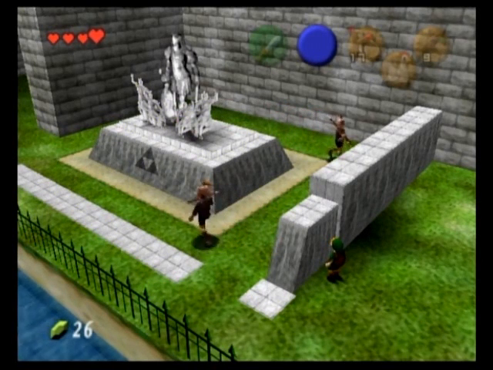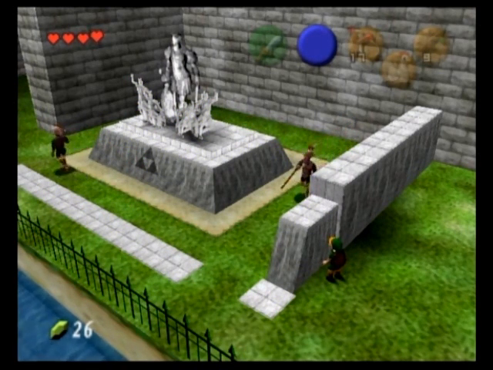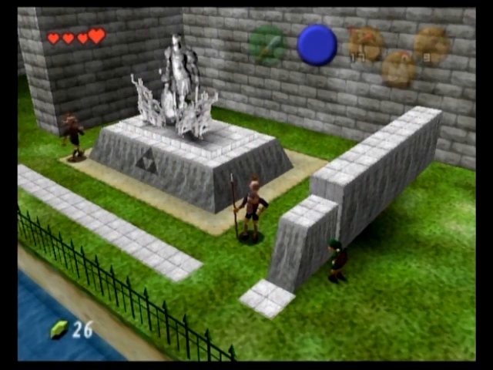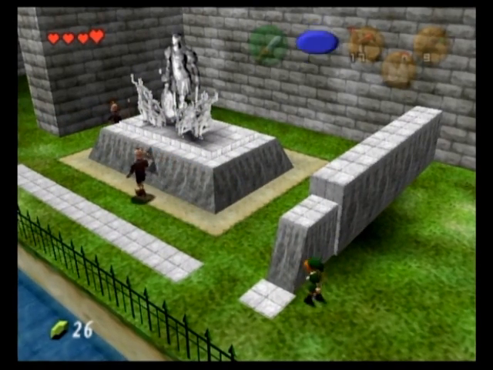Welcome everybody to part 5 of Ocarina of Time, and we're still sneaking past the guards in order to meet the princess. And again, just watch how they move and sneak past when you feel like they won't be able to see you. Anyway, as you see me sneak past the guards, I'd like to clarify a little further about